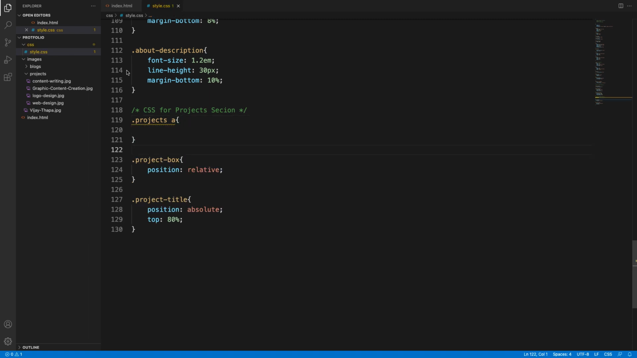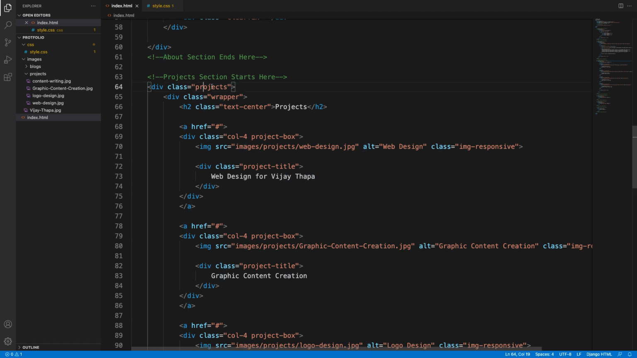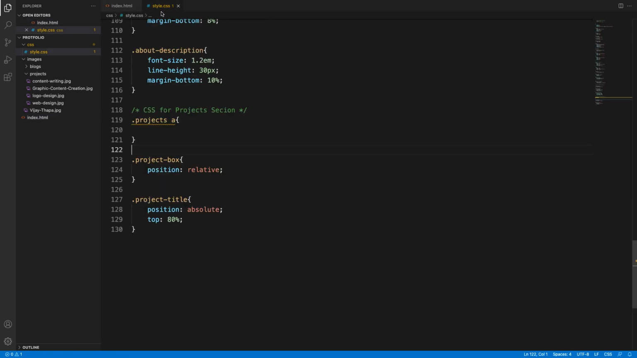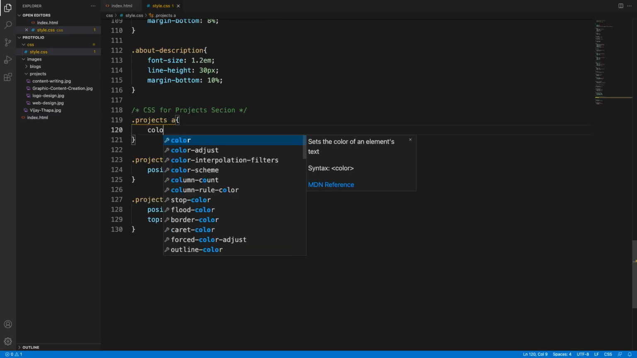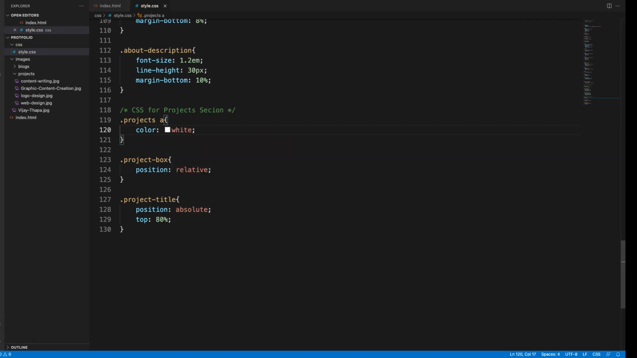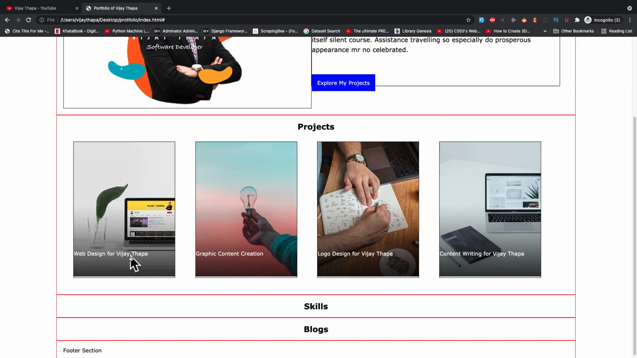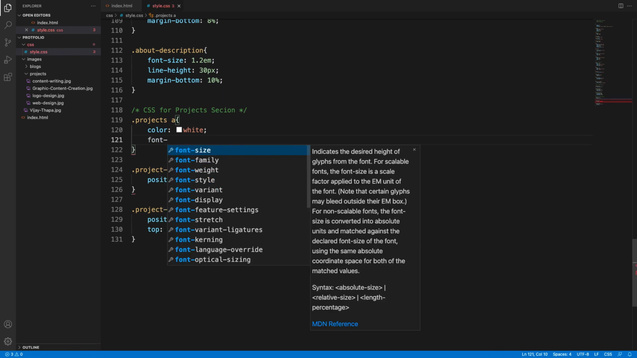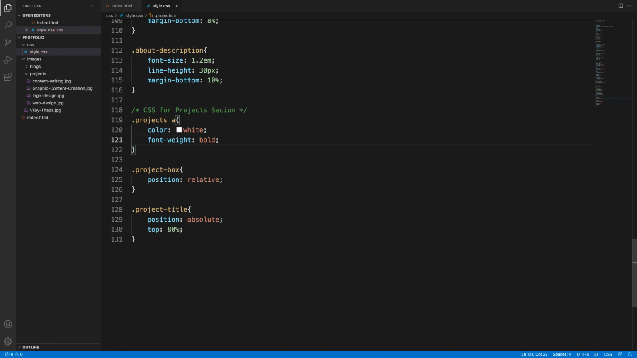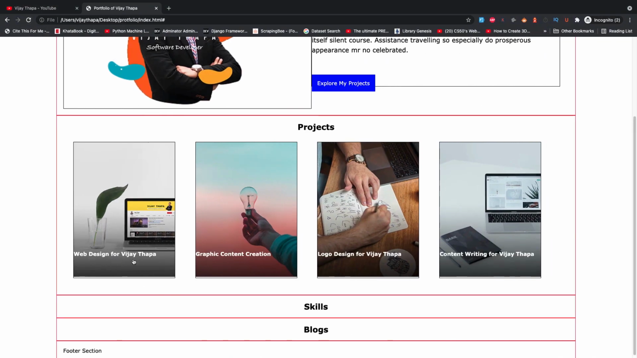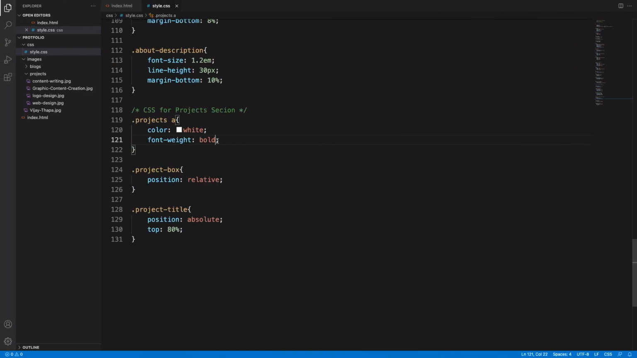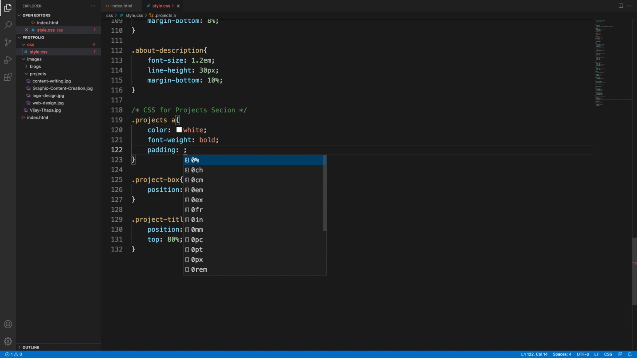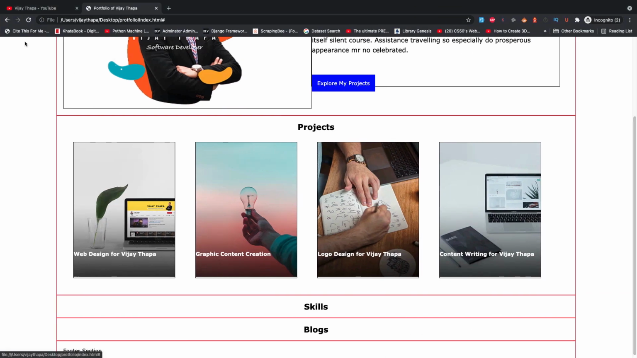So this is the project section, and the projects class is the main class for the project section. Okay, and we are targeting the anchor tag inside the project section. So let's target that, and let's make its color white. I will call it white, and if I refresh it, now they are white. And let's make it a little bold as well, so I will set font weight to bold, and I will refresh it, and it's bold, and it's okay. Let's give them padding as well, so I'll give padding of, let's give 2%. And if we go here, and if I refresh it,